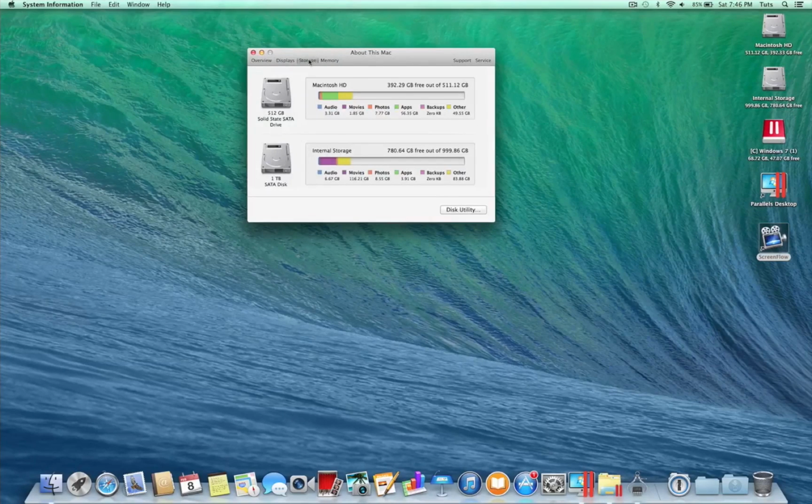The Storage tab will show you information about the current hard disks you are using. As you can see here, I currently have 2 in my system. My Macintosh hard drive, which is my startup disk, and an internal storage for extra space. It's actually color-coded and gives you an idea of what you have. It's very nice to see a menu like this, as it's easy for you to see what's taking up space